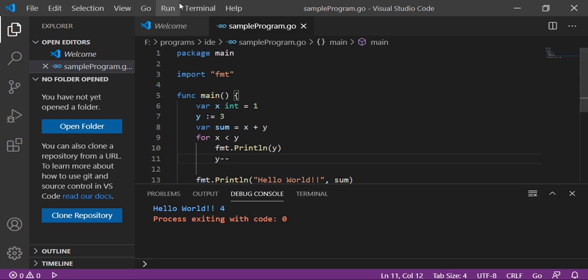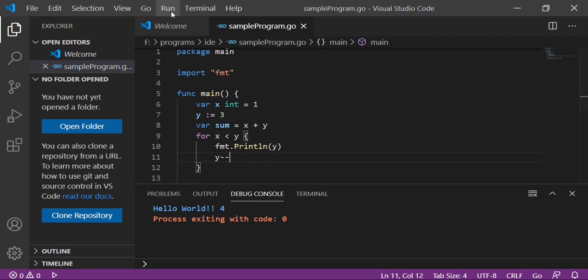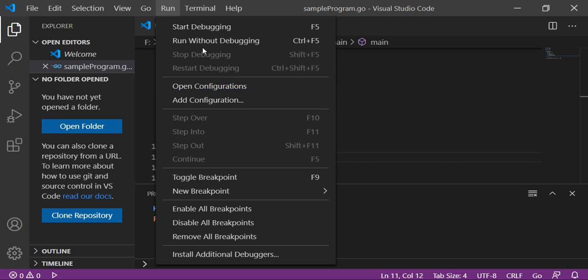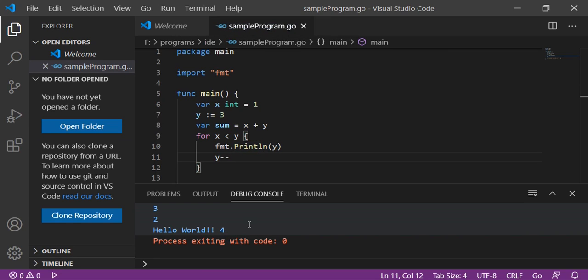Save it and run. So we are decrementing here and printing the value of y. Let me put it inside one block and run it. Here we don't need to give a semicolon as in other languages. Run without debugging. See, it printed 3, 2 so far.